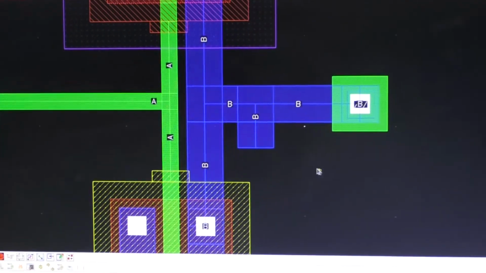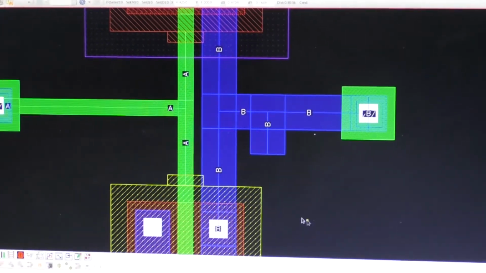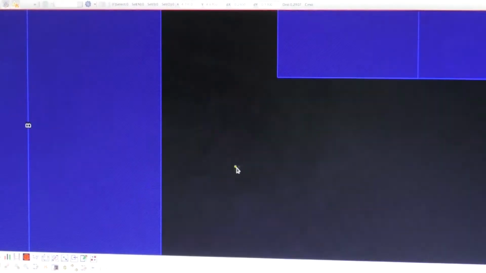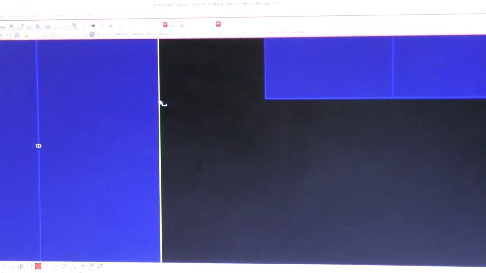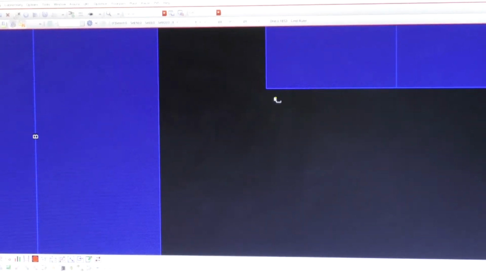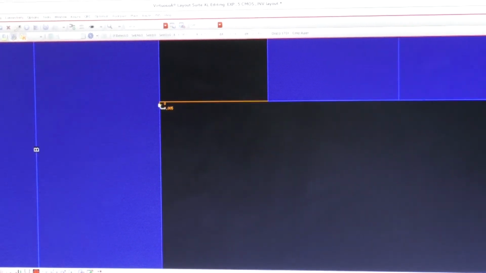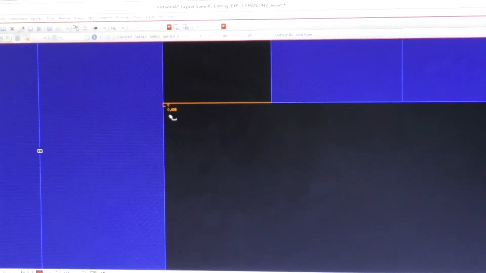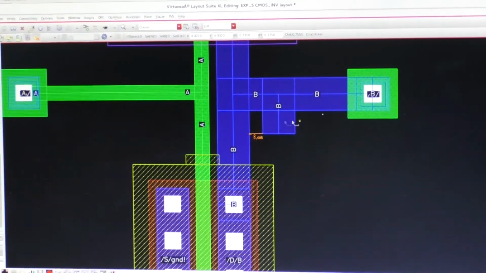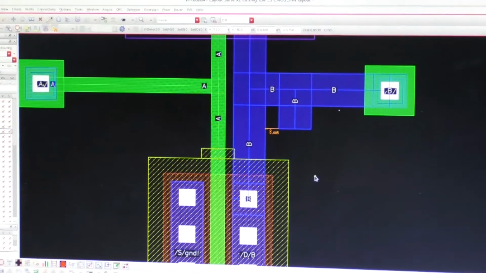Here by mistake I have placed one metal, and the gap between metal 1 to metal 1 is, let us consider this case, around 0.005, and of course one unwanted layer we have actually placed.